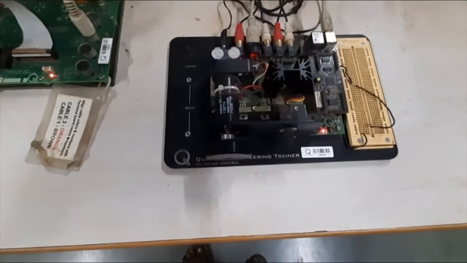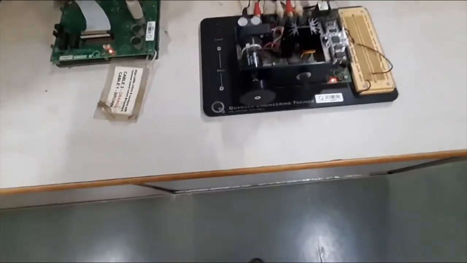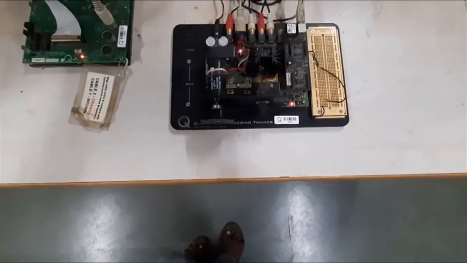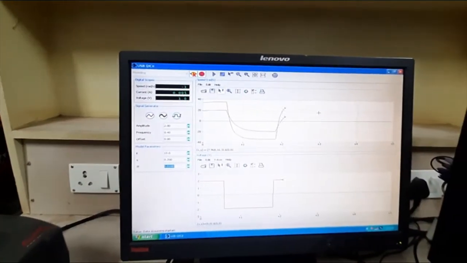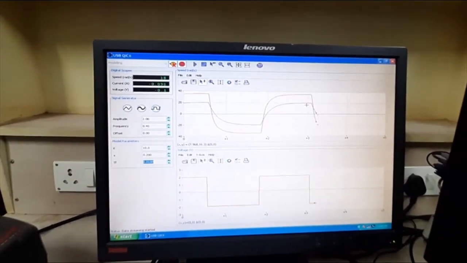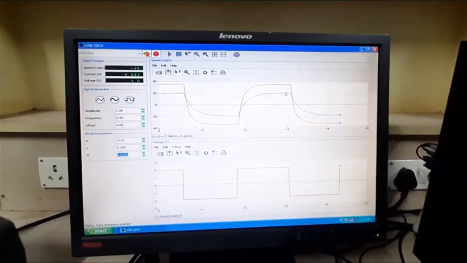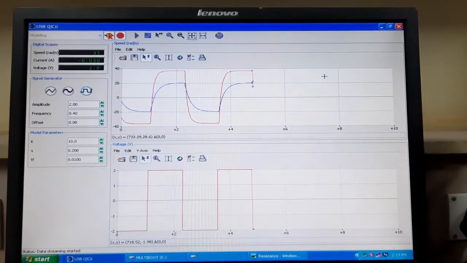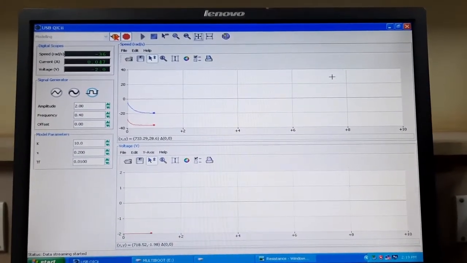When we have connected, this motor starts rotating forward and backward, and the graph also goes from positive to negative and negative to positive.